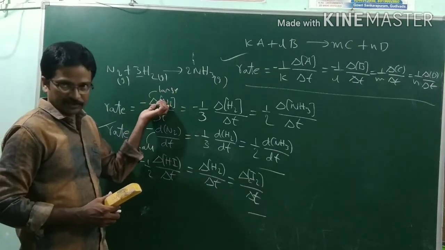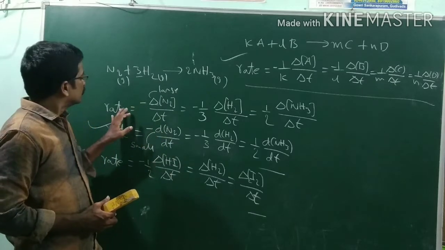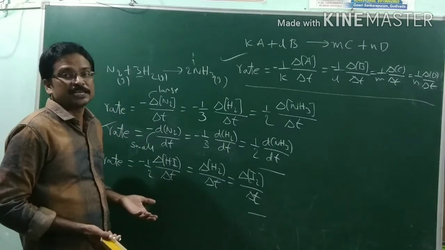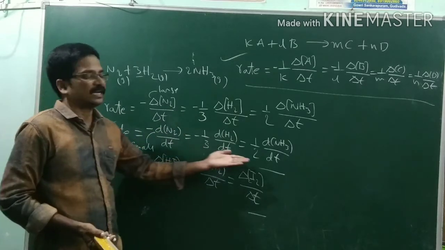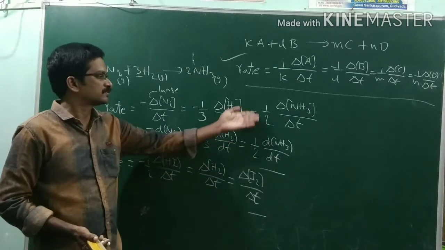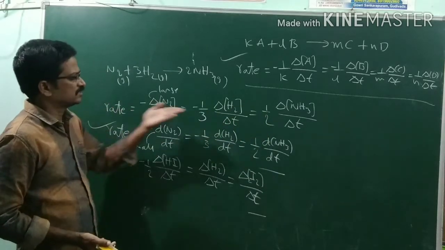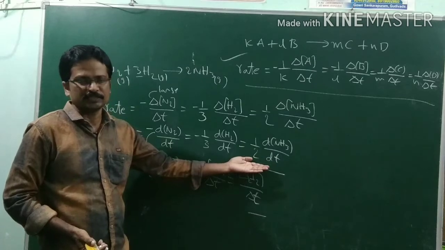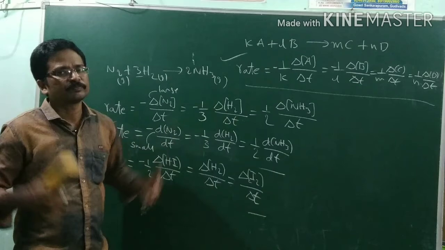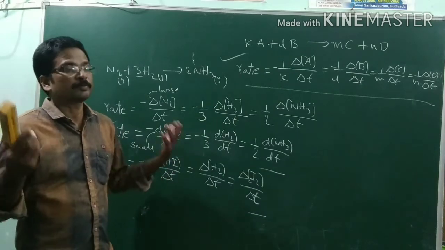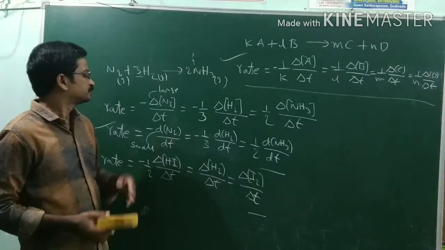Large concentration difference. This is small concentration difference. In some cases you may find it like this, and in some cases like this, but there is no difference in representation. This is the way for large concentration and this is for smaller concentration. You may use this one or this one according to the given problem. You must act according to the given problem.